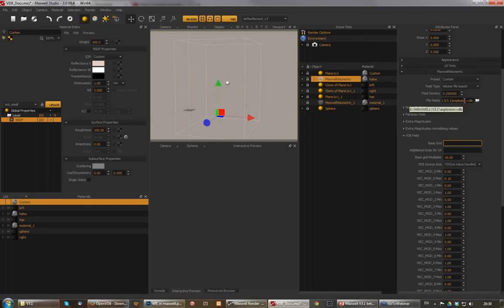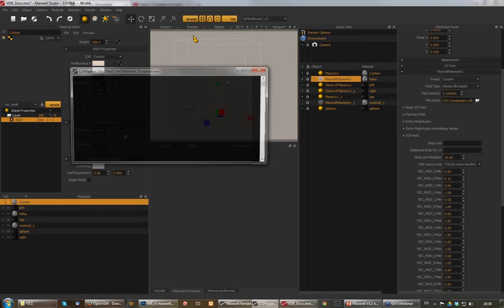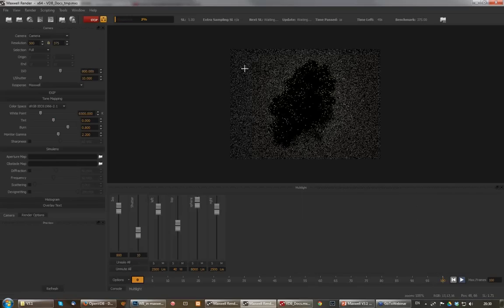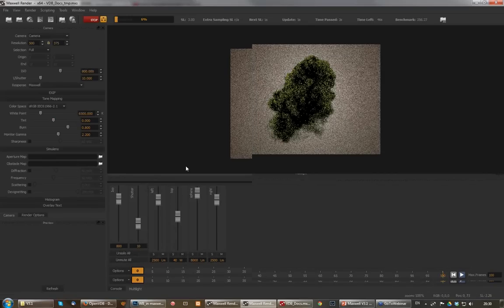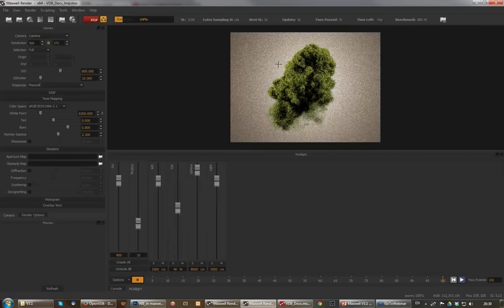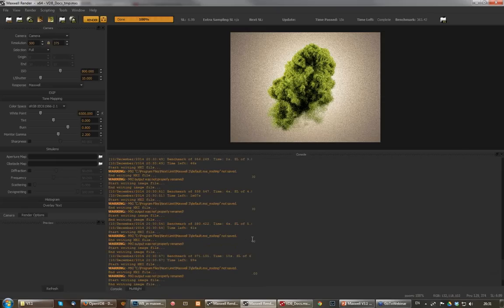And that depends on the application that saved that file. So let's see what you can do to find out the name of that grid. To do that, you just click render. So I added the file, I click render, and I don't know what the grid name is. To find that out, you go into the console,